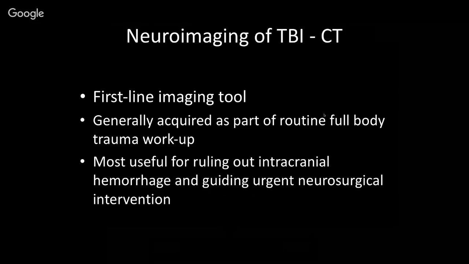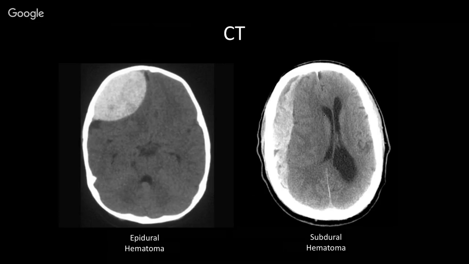Because of the ionizing radiation that's involved in CT, and because the value of CT is more towards guiding surgical intervention, there is an entire decision-making process that goes into determining whether or not to actually acquire a CT in the setting of trauma. But again, CT tends to be most useful for urgent decision-making. And these are the kinds of things that we might see with a CT.